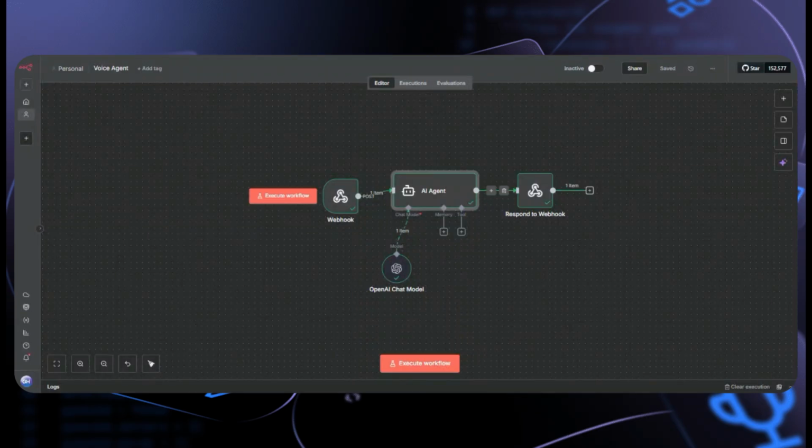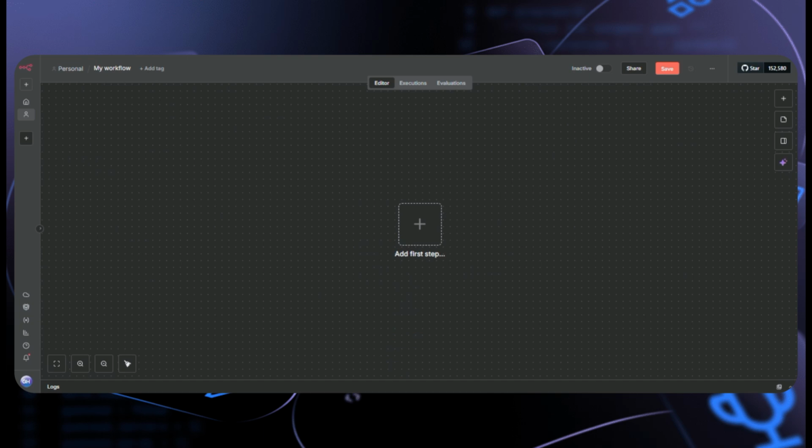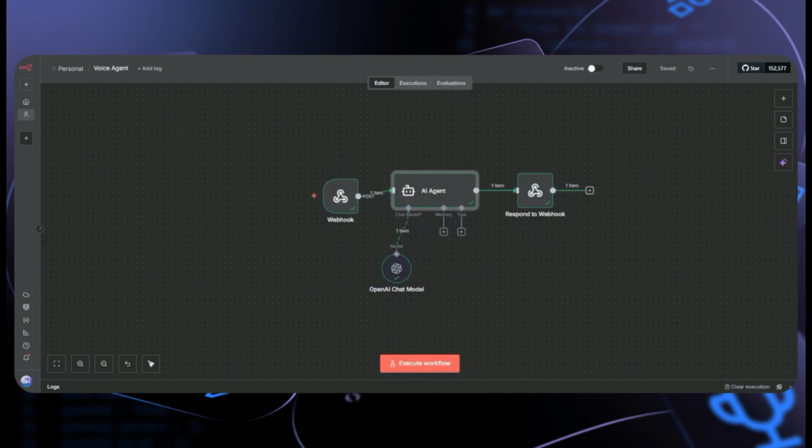What is a webhook? First you need to understand. A webhook is like a doorbell on the internet. It receives data from other apps. When we specify that if this event happens, it will call a webhook.